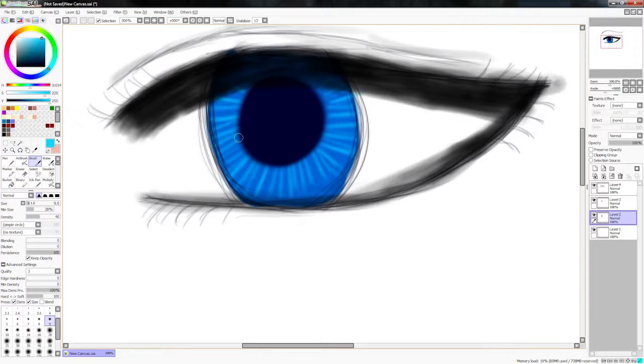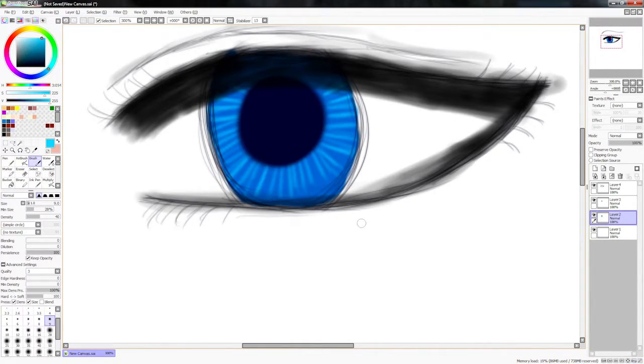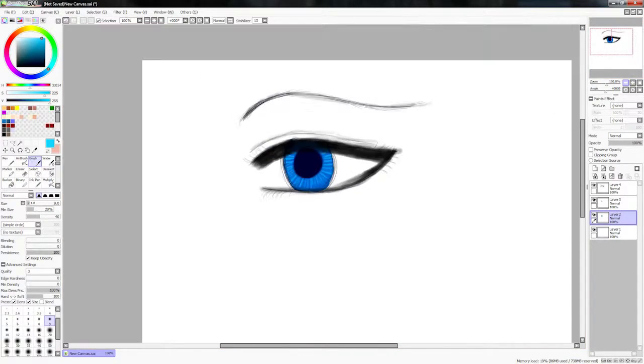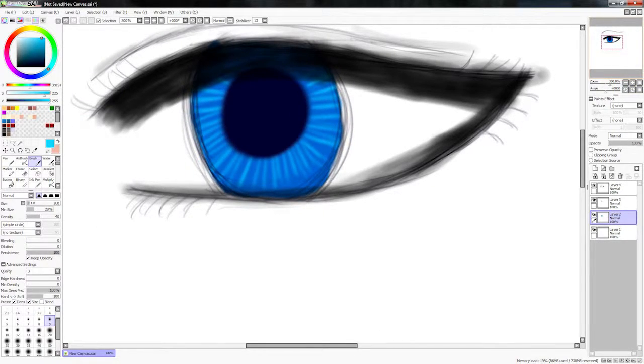Just darken these up a little bit more. I'm going to show you the trick of how I make it pop or make it have a decent effect. Oh, let me just fix that a little bit. There we go. Looks okay, right? I mean, this side looks okay. Like, it looks kind of cool, but